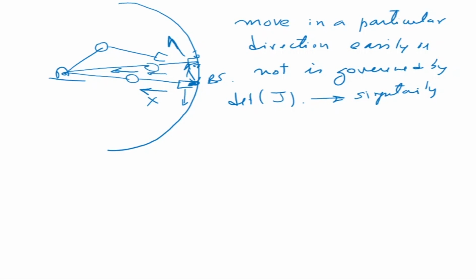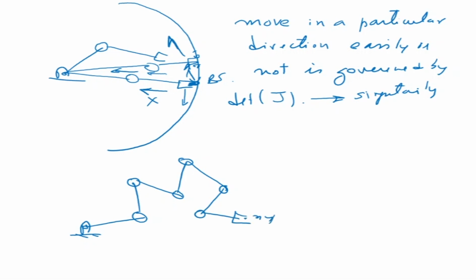Now what does this basically mean? Let's look at this example here. We have a multi-degree of freedom manipulator. Let's say there are many degrees of freedom here. This is my point x, y, and we have theta 1, theta 2, theta 3, theta 4, theta 5, theta 6, and theta 7. So x, y now is a function of theta 1 to theta 7.